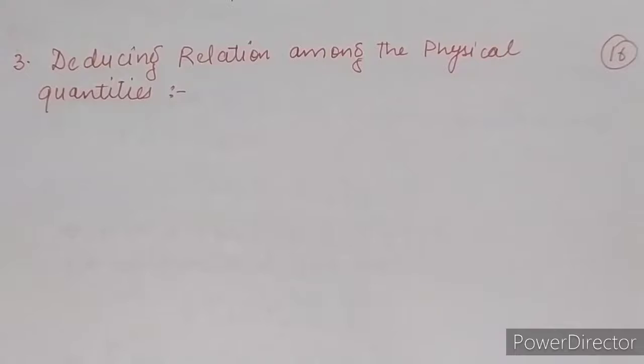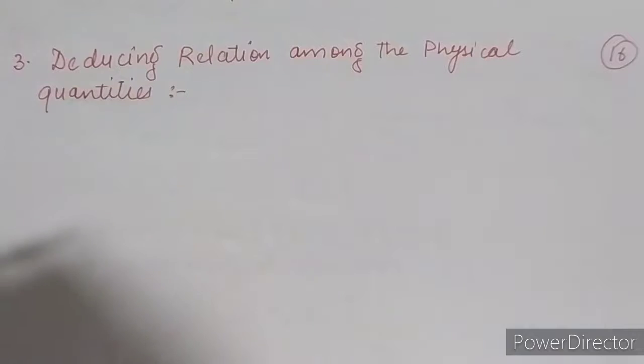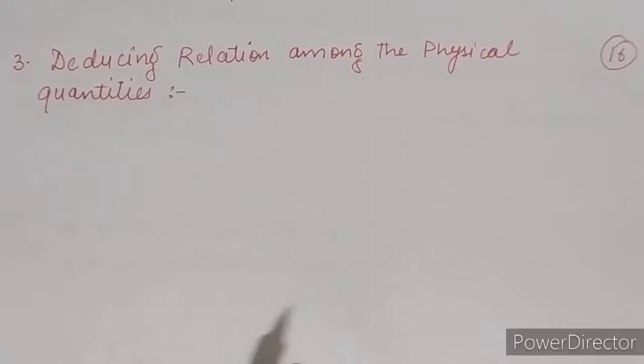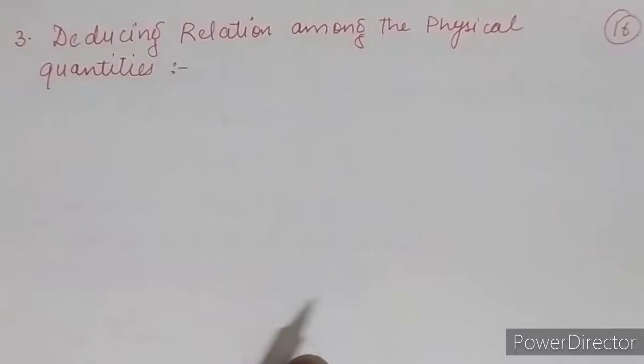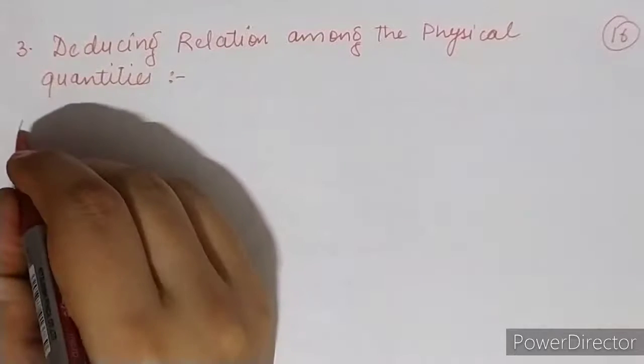And third, which we are going to solve, is deducing relation among the physical quantities. We have to deduce the relation among the different physical quantities. It also doesn't have any kind of formula, it was just a method, and we have to obey this method only. So directly I am going to discuss this third application through a numerical, through a question only. Clear? Like our second application, it also has a direct method, so you have to understand the concept, the method. Okay, so your numerical is,